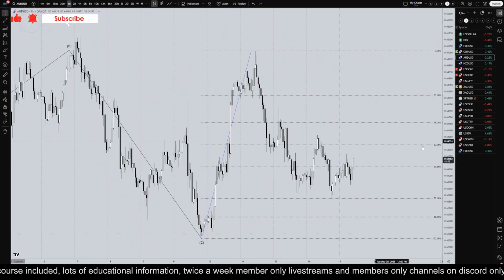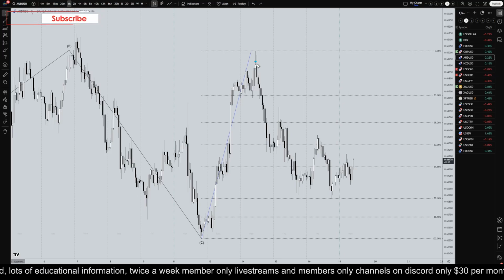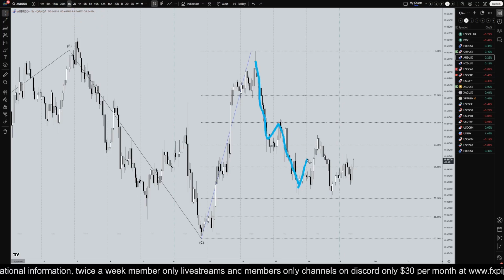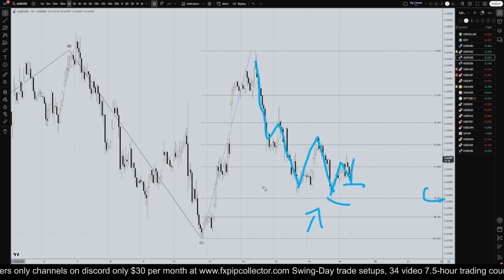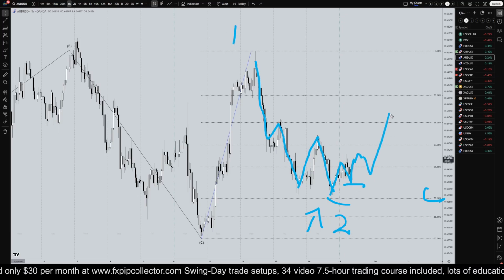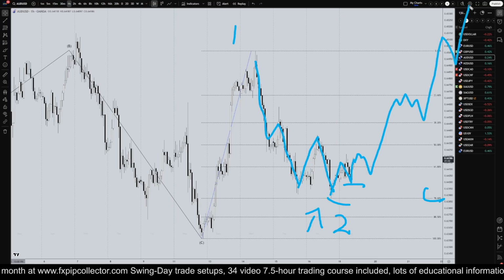So going down to the 1 hour time frame, nice impulsive down. Corrective up, impulsive down, Fibonacci bounce, nice impulsive up, nice corrective down, higher low, higher low. Looks to me like this right here is the end of a pullback, and hopefully it's the end of a wave two, and hopefully it's going to now be making higher highs, higher lows on this 1 hour time frame for a wave three,